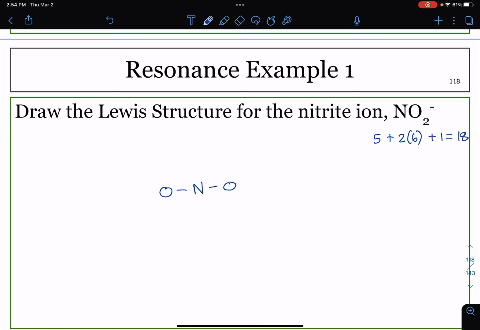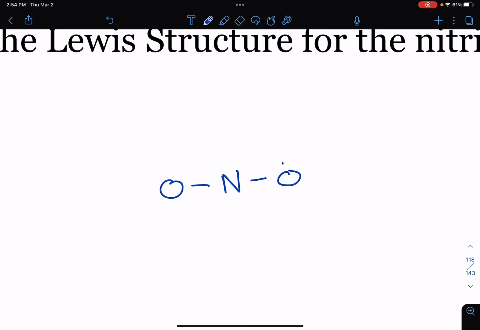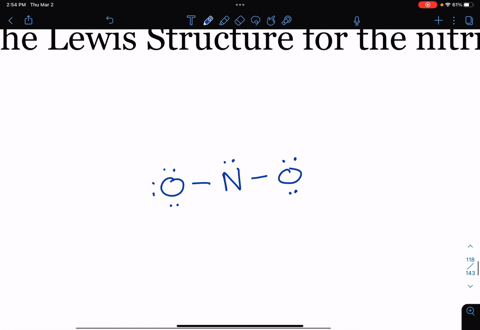And we have placed a total of 4 electrons. So now we can 6, 8, 10, 12, 14, 16, and 18. We have placed all of our electrons. We cannot place any more. Oxygen does not have an octet, and so we will actually erase a lone pair and place a double bond between nitrogen and oxygen. The right-handed oxygen has an octet, the nitrogen now has an octet, and the left-handed oxygen